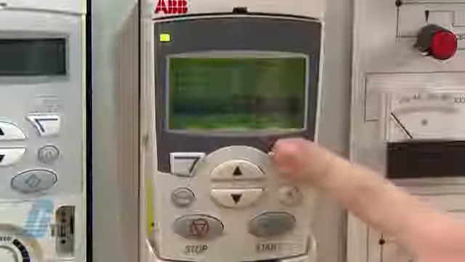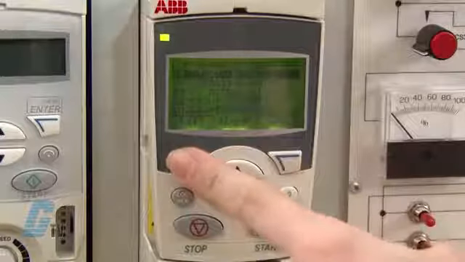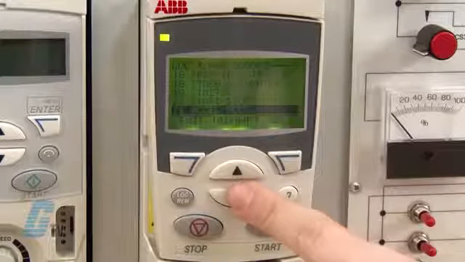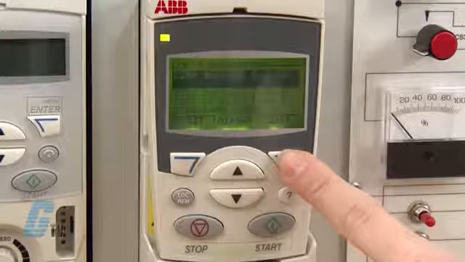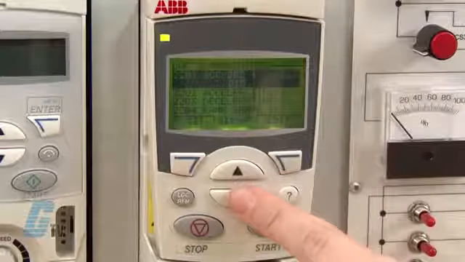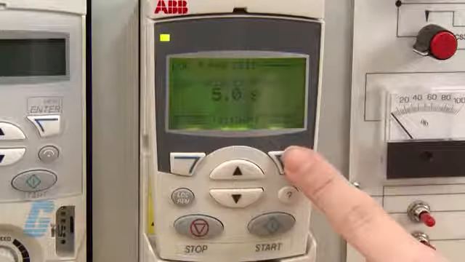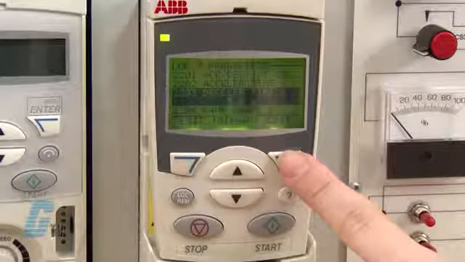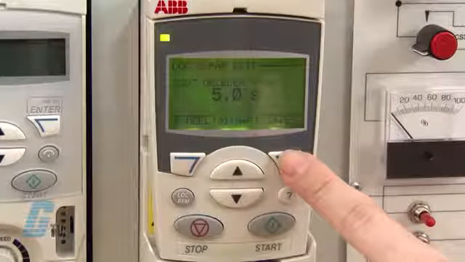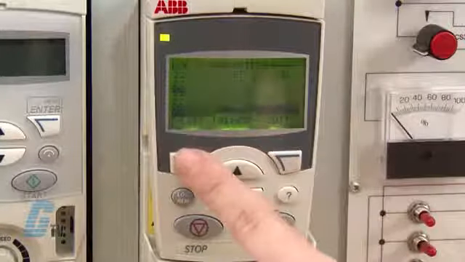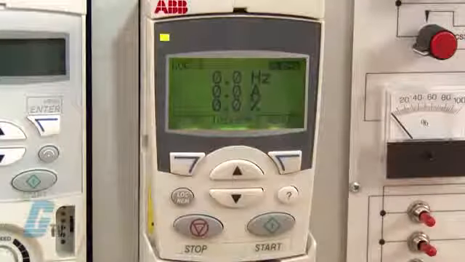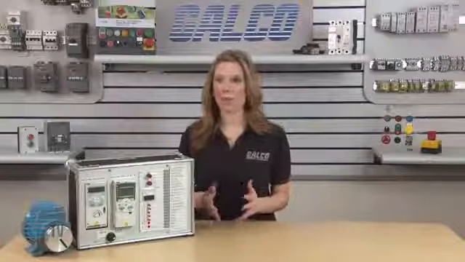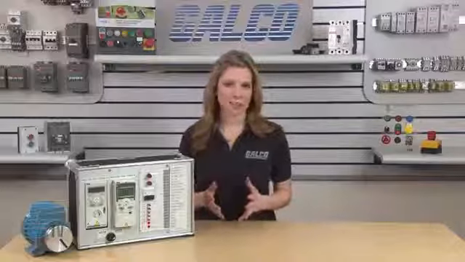I can also change the acceleration and deceleration of the motor's start and stop by going back to the parameter groups and then to 22 for acceleration and deceleration. Within this group, I can scroll to 2202 to define acceleration time and 2203 to define deceleration time. The default value is 5 seconds, which could be adjusted anywhere from 0.1 to 1800 seconds. Once I am finished with adjusting the parameters, I can push the Exit key a few times to get back to the output mode. I'll be sure to check that there are no faults or alarms shown on the display before I start the motor.